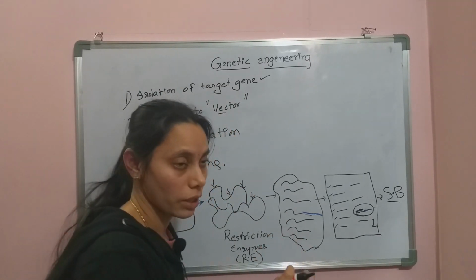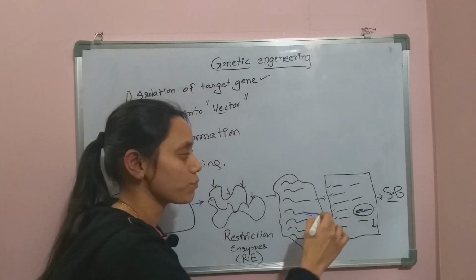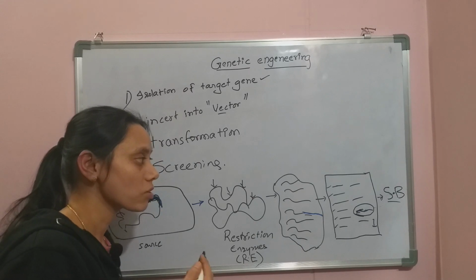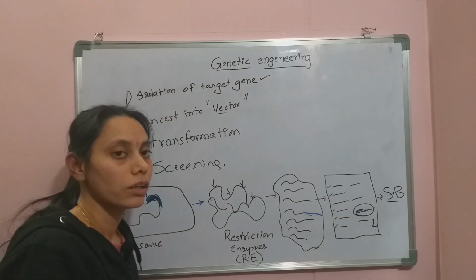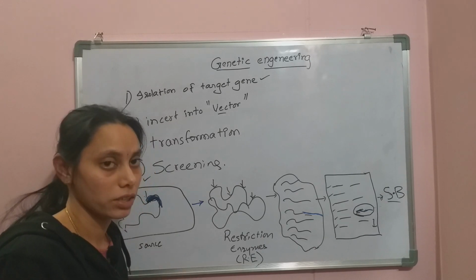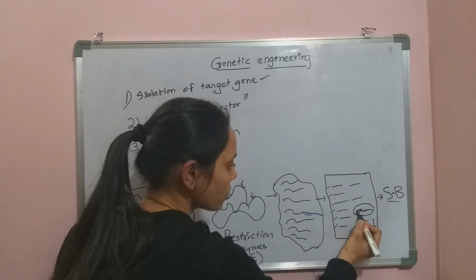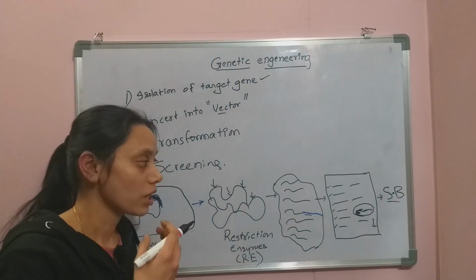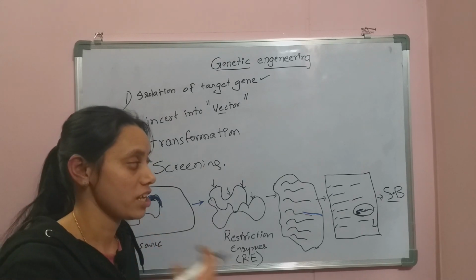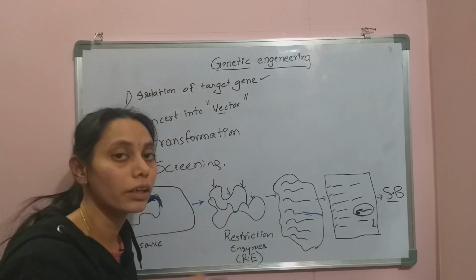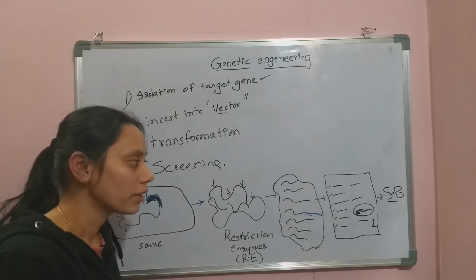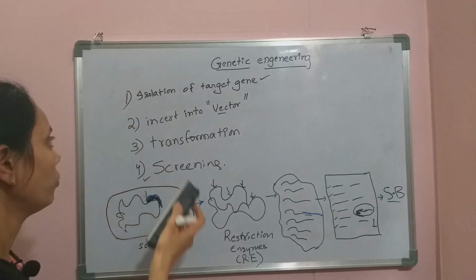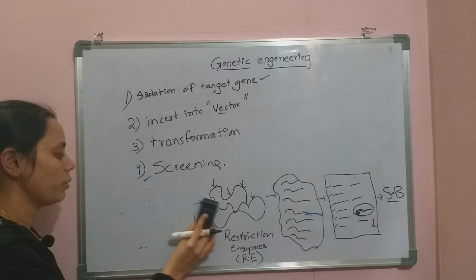In that Southern blotting process, we are going to transfer all these bands from the gel to the resistant membrane. So once we transfer all these bands, we are going to identify this target gene using a suitable probe. A probe is a complementary sequence which can go and attach with the target DNA, so that the target DNA will be selected. Later the DNA will be isolated, the part of DNA or a gene will be isolated. So that is how isolation of the target gene is carried out.